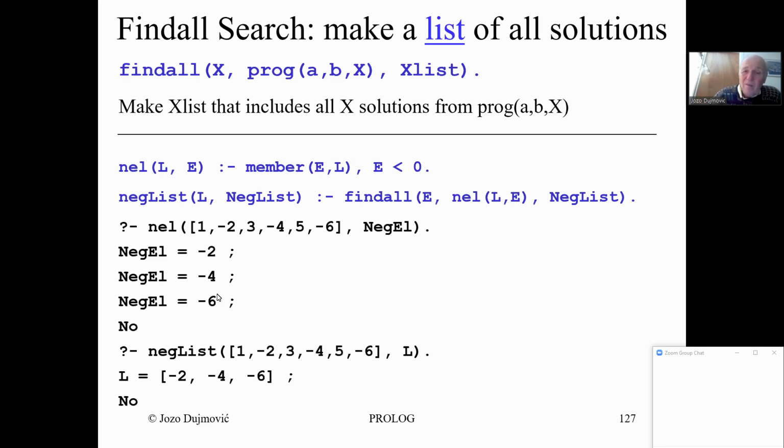Now I can put all of them in a single list by using findall and say negative list. It is a program that will be applied to this L list and create this negative list with capital N in the following way. Find all elements that satisfy negative element. So all negative elements that are returned from the negative element program are going to be stored in negative list. So if I say, give me negative list from this list 1, -2, 3, etc., I am going to